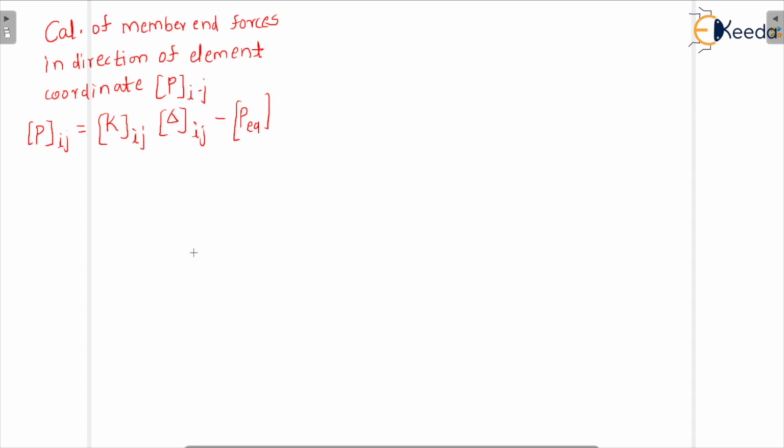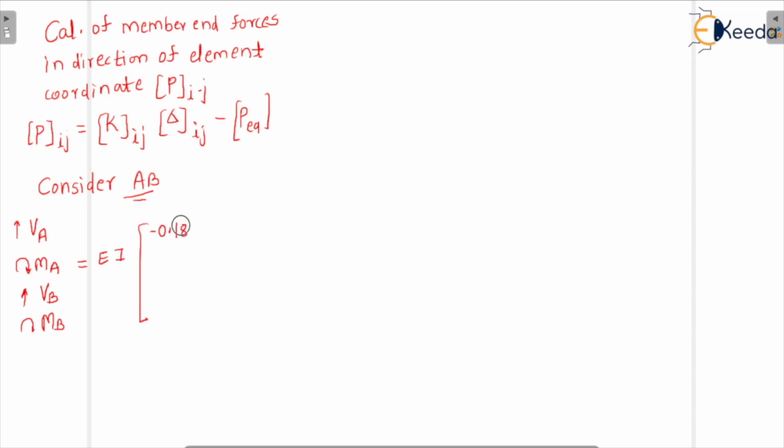So here now let us start this calculation. Let us consider member AB. So for AB we know VA, MA, VB, MB. Okay, so we know VA which is in upper direction, MA, VB, it is again in upper direction, and MB, right? So which is equal to EI, and then write down rotation: minus 0.18, 1.2, 0.18, 0.6. So this is for theta A, and for theta B we can write minus 0.18, 0.6, 0.18, 1.2